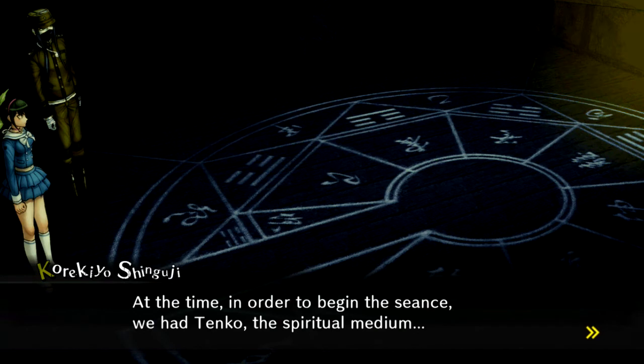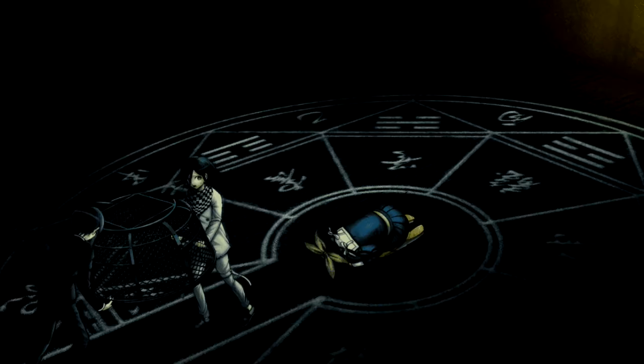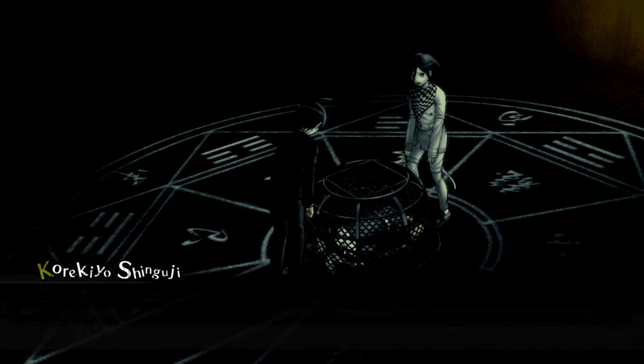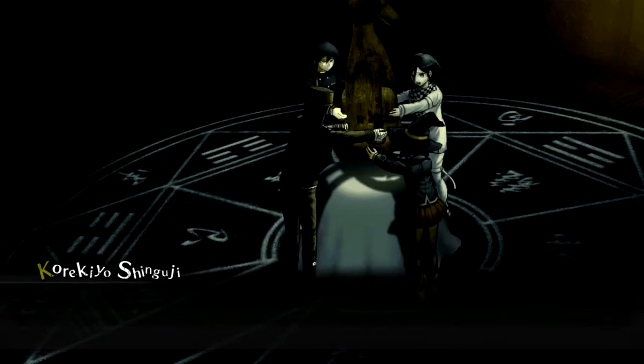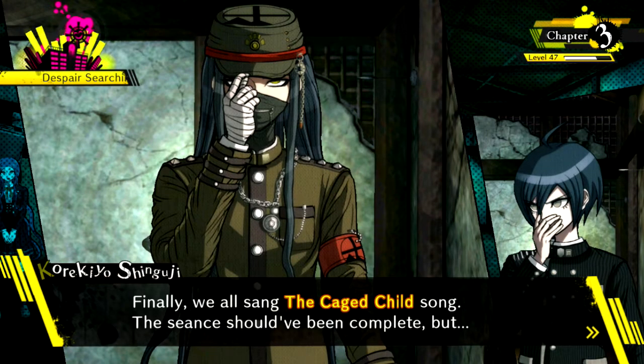At the time, in order to begin the seance, we had Tenko, the spiritual medium, position herself as a turtle within the magic circle so her head touched the marker stone. Then Shuichi and Kokichi placed the cage over Tenko. And after that, I placed the white cloth over the cage. Then, all four of us placed the wooden statue of the dog god atop the cage. Afterwards, we stood in the four corners of the room. Kokichi and Shuichi blew out the candles. Finally, we all sang the Caged Child song. The seance should have been complete, but...